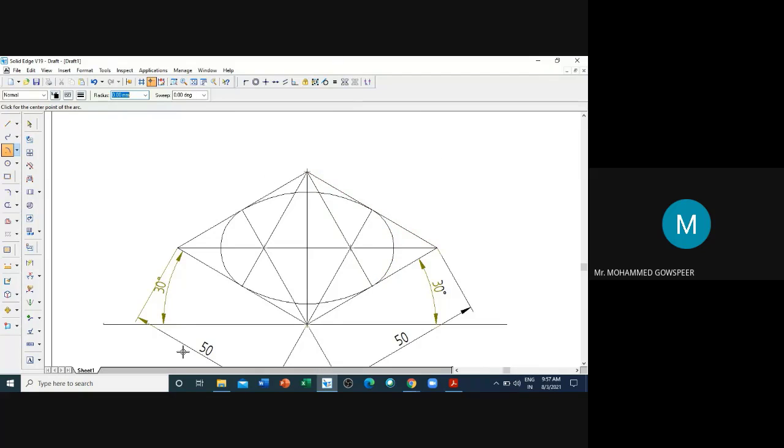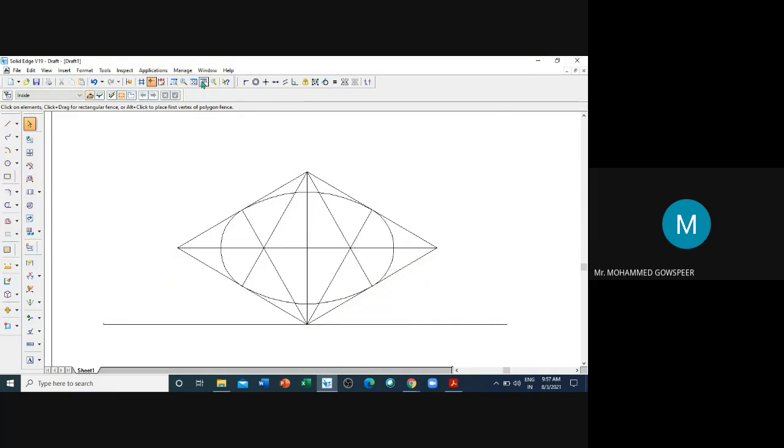Okay. Now if the dimension color changes, you better delete it. Not required. That means over constraint. Now remove the dimensions, it is over constraint.